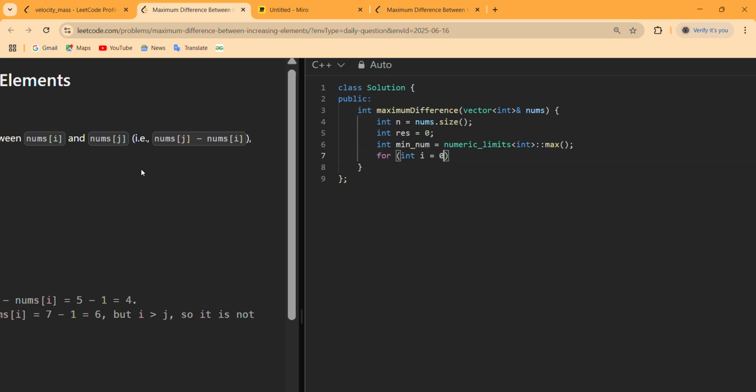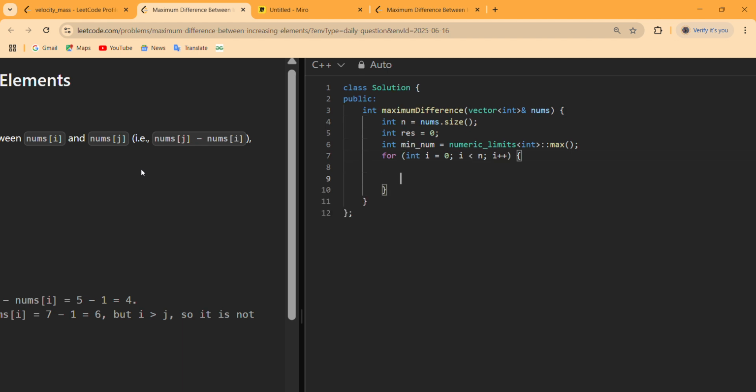Iterate over the array, update our current minimum element till this index. So our minimum num is this.